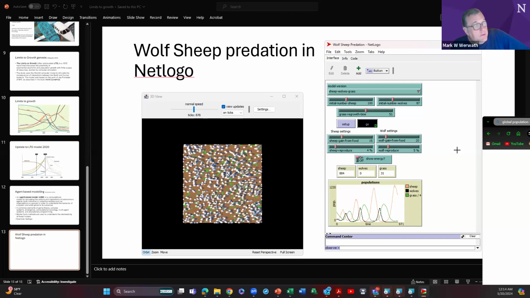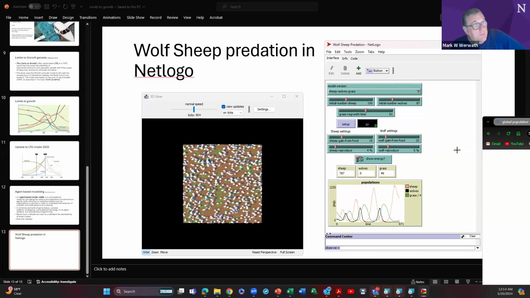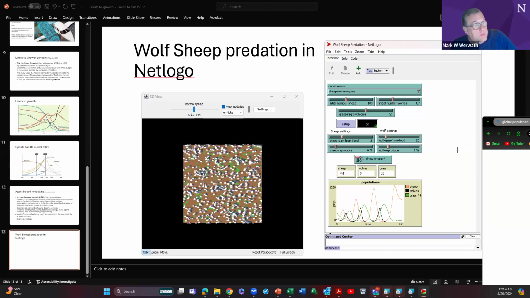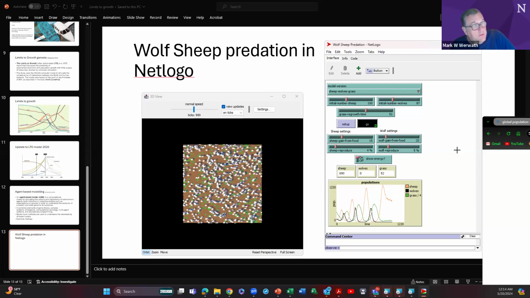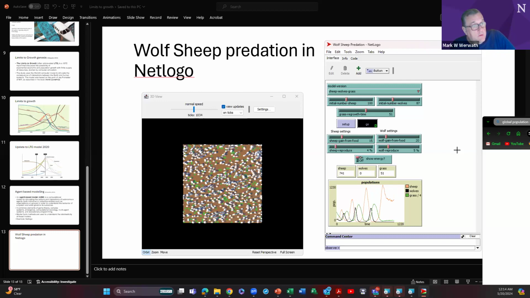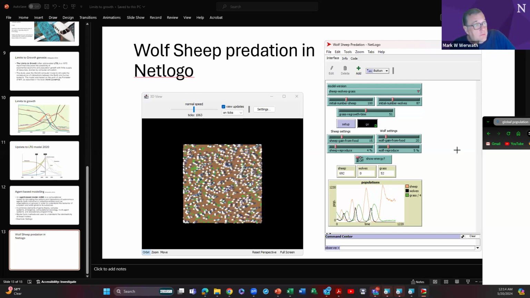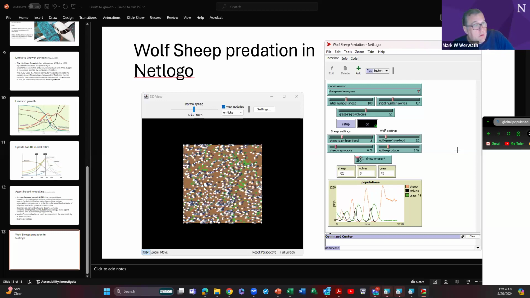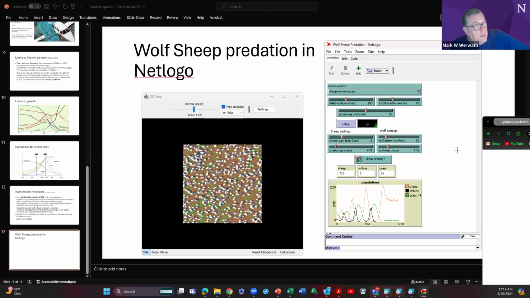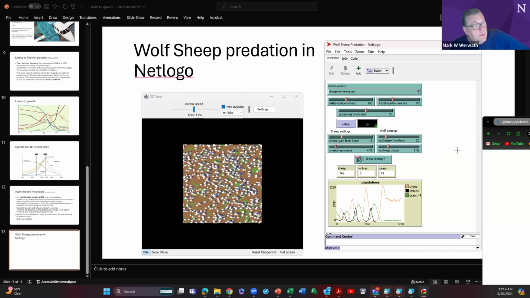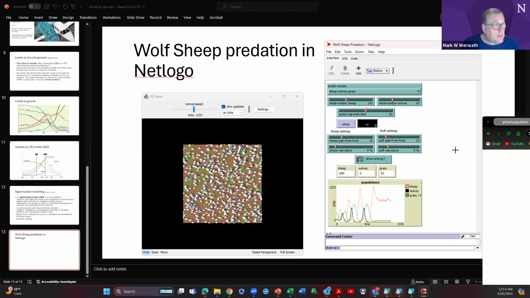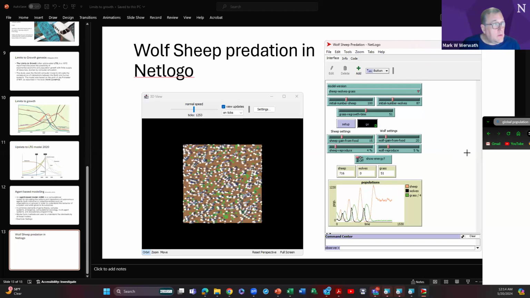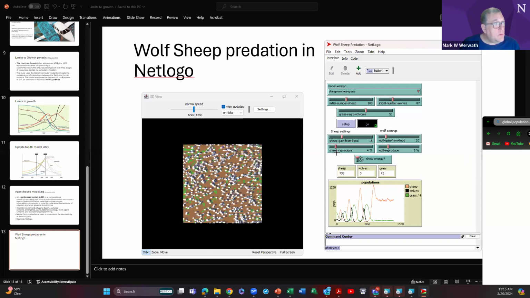As you can see in this model, the wolves have already died off. There are no more wolves anymore. The sheep are slowly hitting their new steady state, which isn't 100. It's closer to, I guess we're seeing about 700 or so. The wolves are gone, the sheep have leveled off at 700, and the grass has leveled off at about 40 to 50.